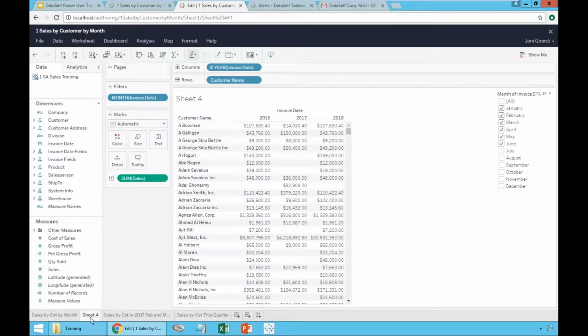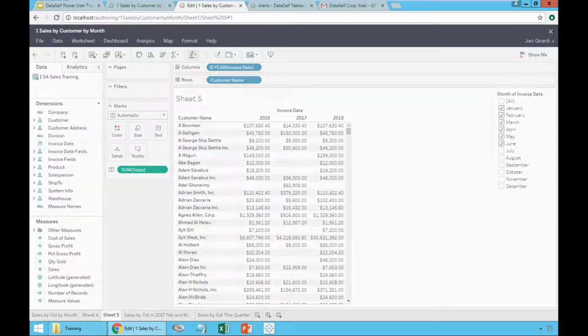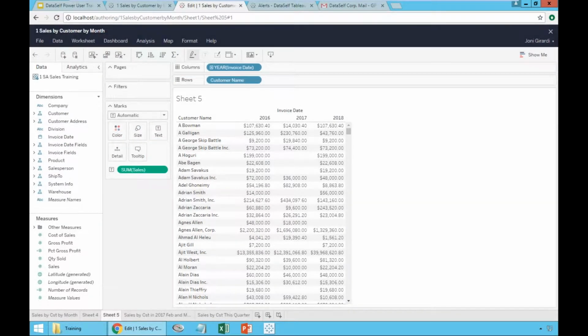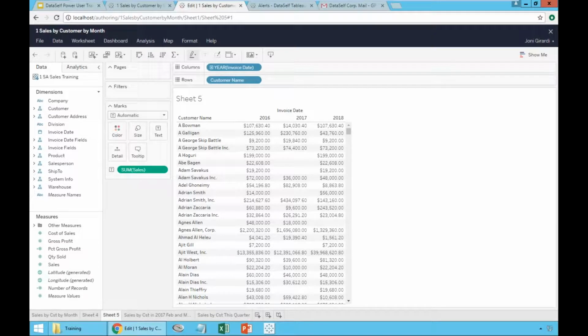Another way to do the same thing is I'm going to duplicate. And in this case, I'm not going to filter using this approach. I'm going to remove it. But I'm going to use a functionality available in the DataSelf data source, which is called the invoice date fields. Invoice date fields are specialized time buckets that you can use to analyze specific ways to spin